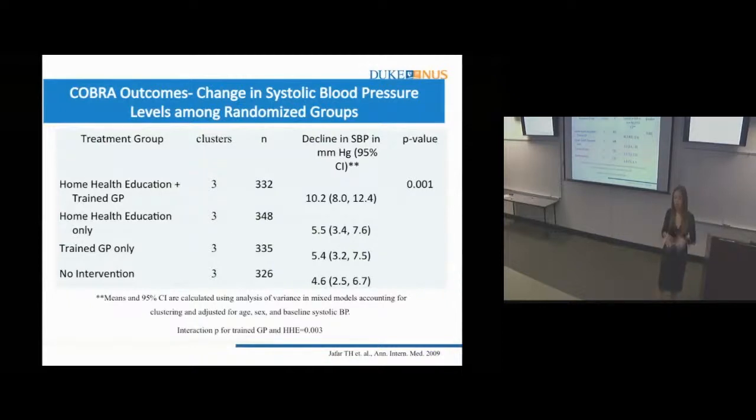And I think what was happening here is that patients were going to the GP and getting advice. The GP tells them, okay, you need to take your medications, you need to lower the salt in your diet, you need to eat fruits and vegetables. And then they'd go home. Then the community health worker would come and say, you need to do these things. She'd reinforce. There's a lot of reinforcement, right? That's what happens when you combine interventions: you get a message from here and a reinforcement from somewhere else. Then you go to the GP again, and the physician says, oh, you must do that, right?